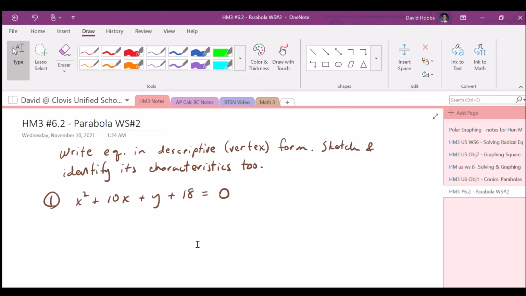This is 6.2 for Honors Math 3, and this is the second set of notes for parabolas. Some sample problems here. We should already know how everything fits together for parabolas at this point. So for number one and number two, the directions: